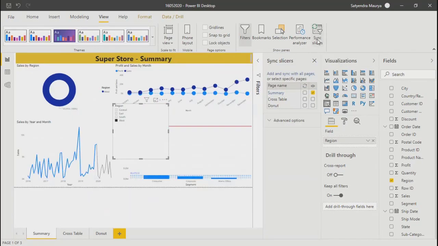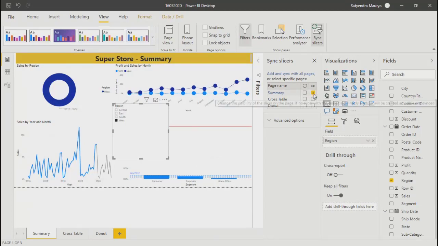Just click on it. It will show you all the sheet names, so you need to select where you want this to be applicable. This eye icon shows that this slicer will be visible on that particular sheet.